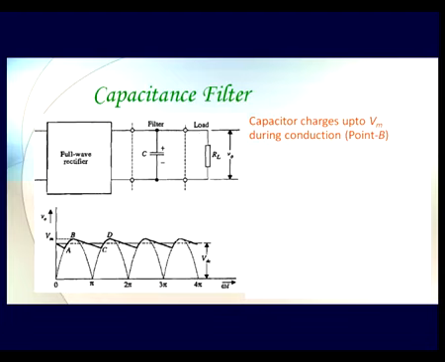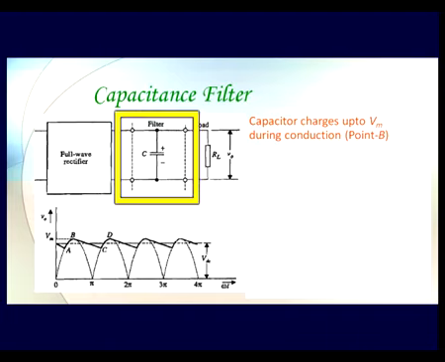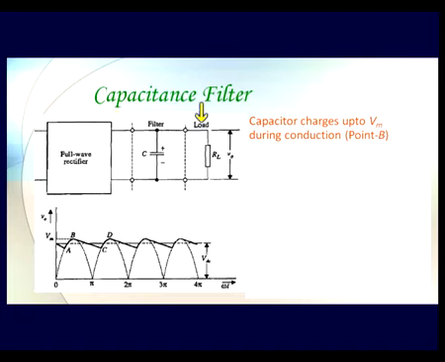The capacitance filter is the one where the full wave rectifier output is given to a capacitor. This is the part which is of our interest now, which is then connected in parallel to the load. So what happens in our case is that this is a full wave rectifier output. Below here I am showing you. Initially, when I am having conduction at Vm, my capacitor charges to say value B.